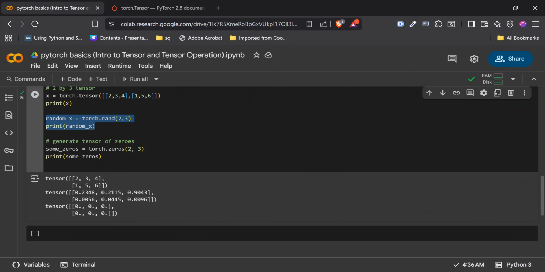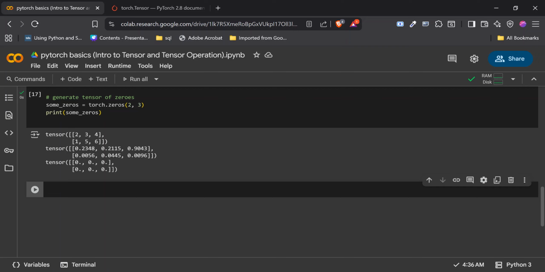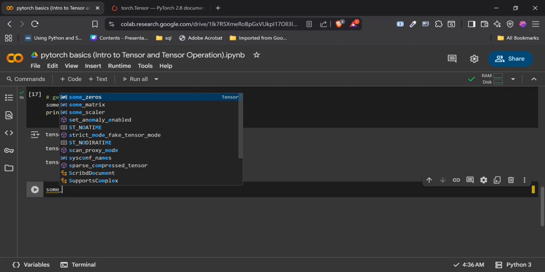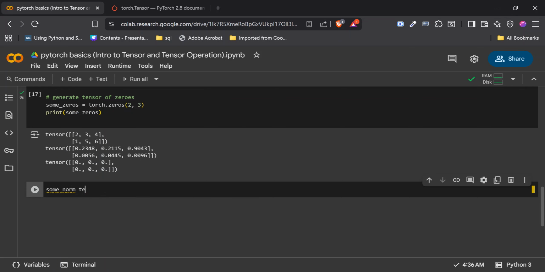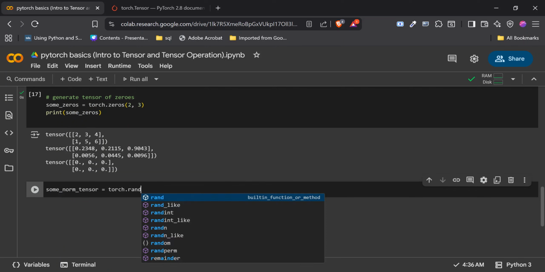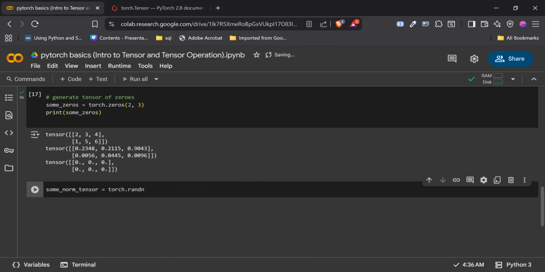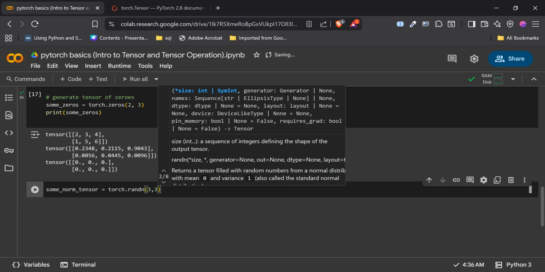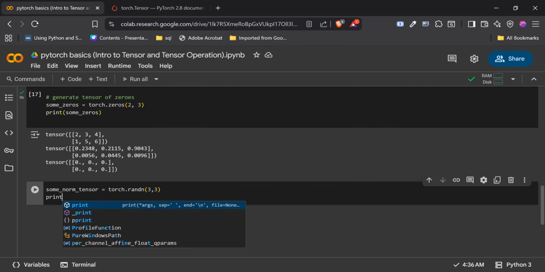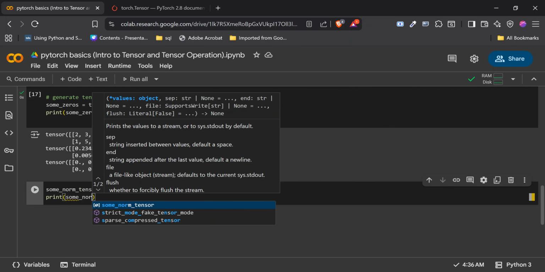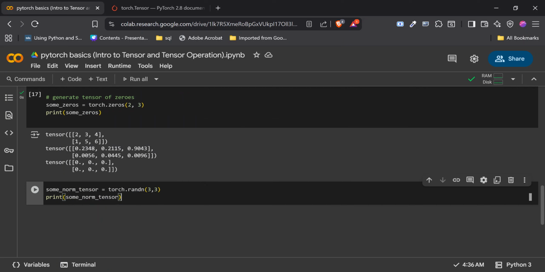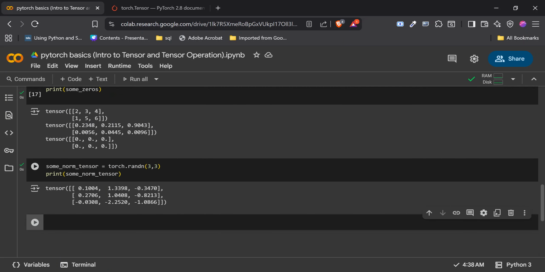So if we want to create a tensor of normally distributed random numbers, we can say some_norm_tensor, that's going to be torch.randn. And if we go 3 comma 3, we are saying give us a 3 by 3 matrix of normally distributed random numbers. If we do this, we see that now this is a matrix of